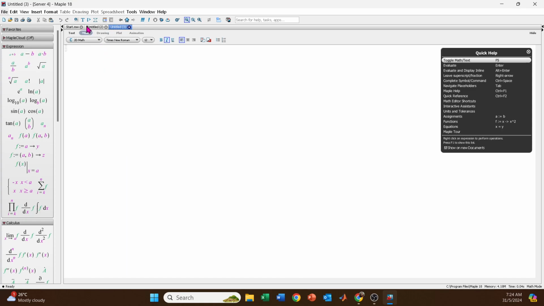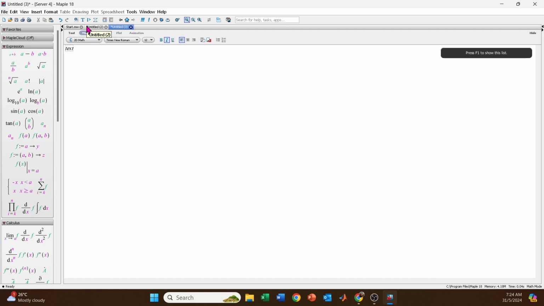Where you can type in text. I want to type a command, maybe easier. And for Maple, you can use any variable. You want to assign any value to any variable. For example, you want to assign a equal to 10. Then